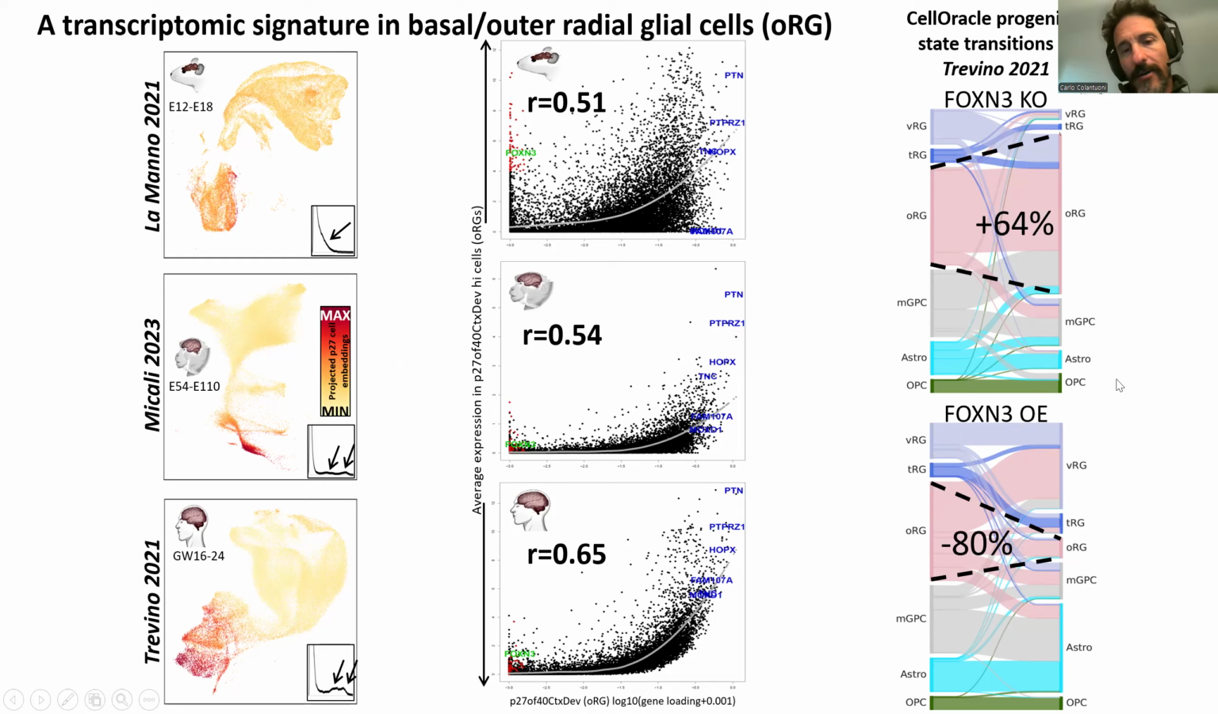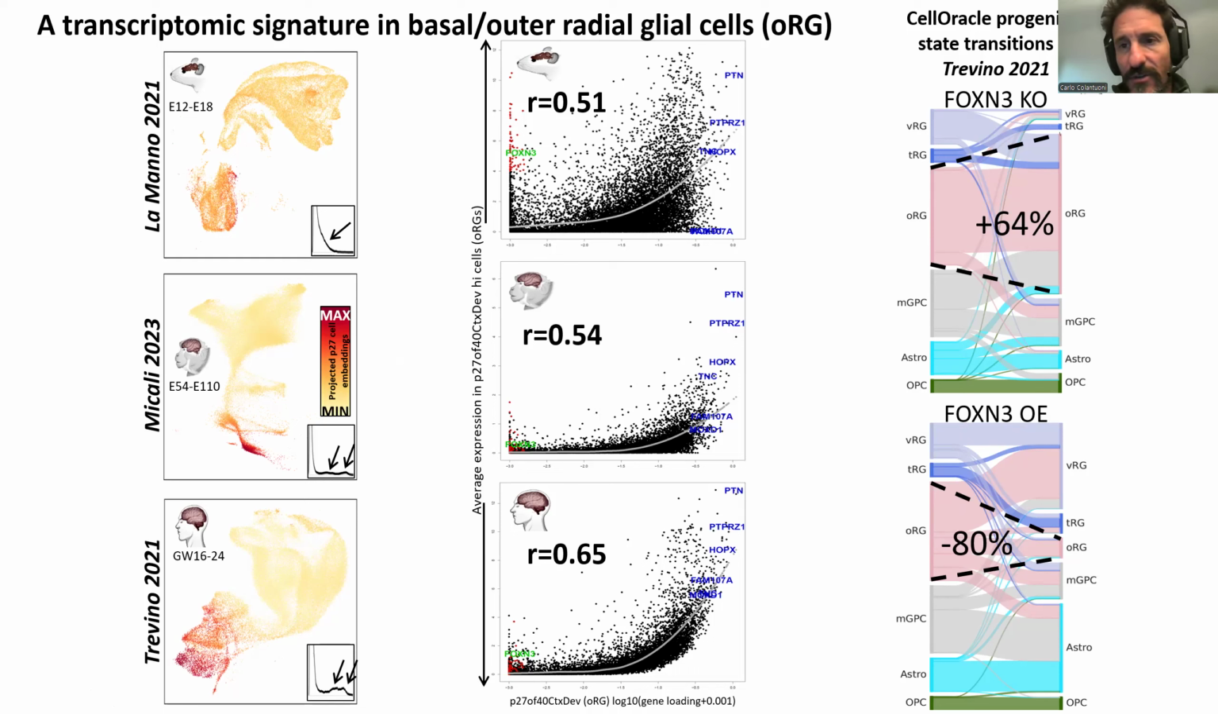So this could be part of the regulatory network that has been emerging in the primate and specifically in the human to make this late radial glial state highly proliferative and increase its neurogenic capacity. And FOXN3 could be part of that. So